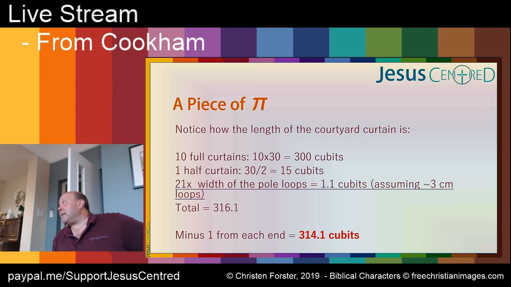But then we've been told to take a cubit off each end as well to fold the cubit back. So you get 314.1, which is now pi. There's a little bit of flexibility because I've assumed about 3 centimetres. You have to recognise that the cubits vary in size over time, but roughly speaking, a cubit's about half a metre. So 3 centimetres gives you that little flexibility. You can say, well, I'm massaging the figures, which is true, but they're getting very close, and in terms of the way we're engineering here, they make a lot of sense.